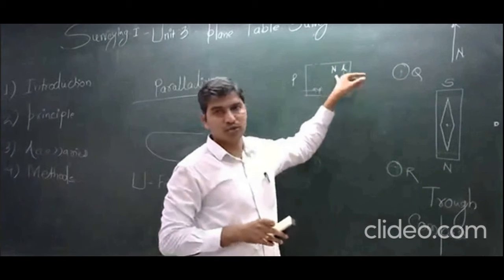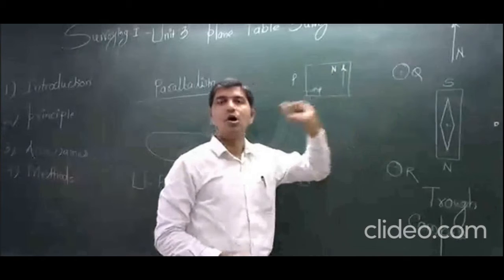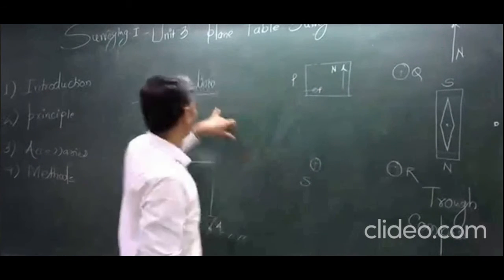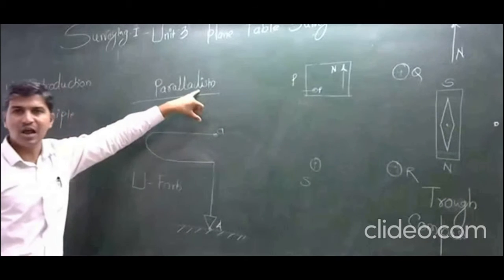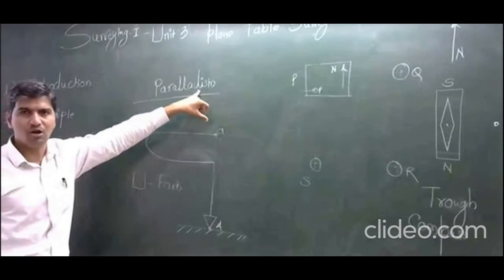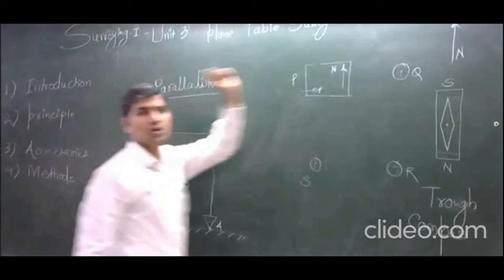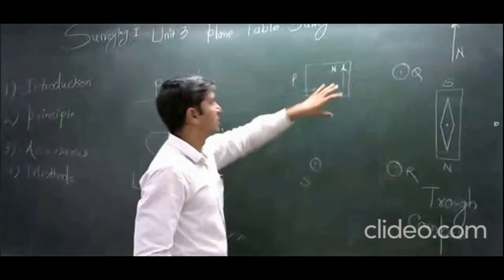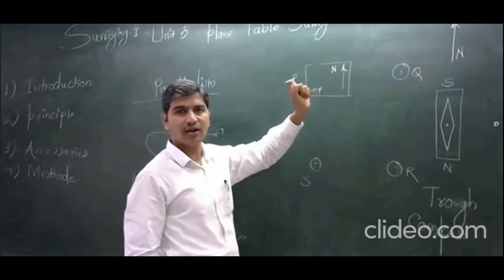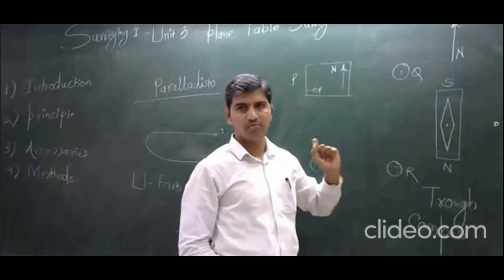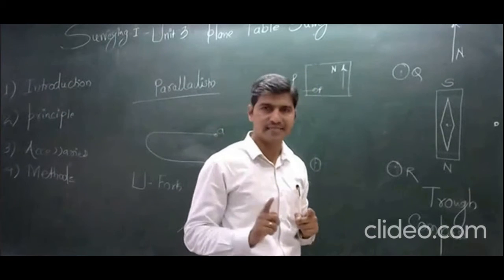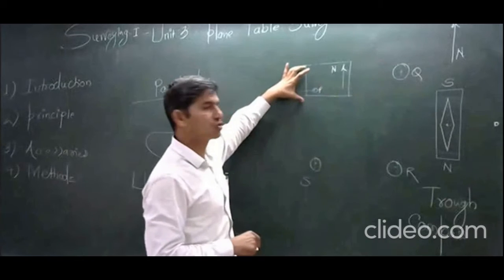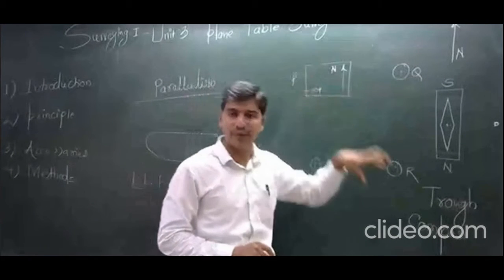So this is how we can draw the north direction, and all the time we require this north direction for achieving the principle of plane table, which works on parallelism. Now to achieve parallelism, we require to draw north direction the first time. Means we have to draw north once when we keep the instrument onto the ground. Suppose we have kept the instrument onto the ground on point P.